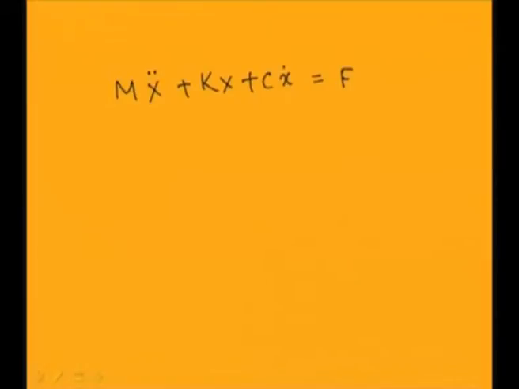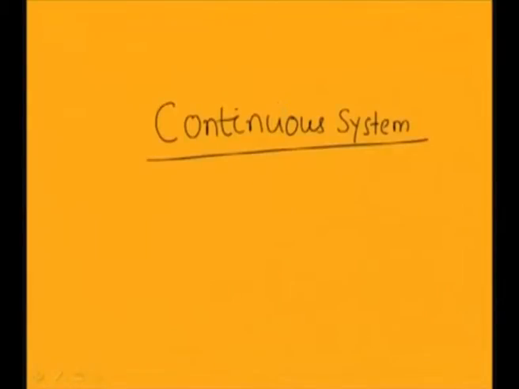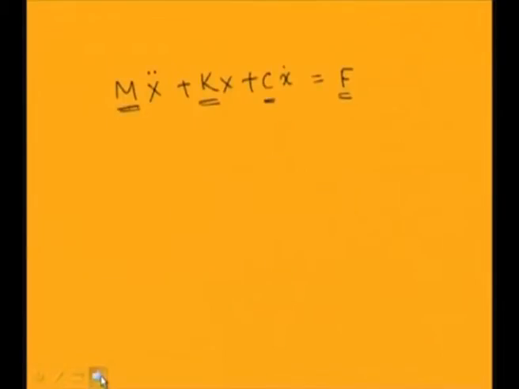And in case of a multi degree of freedom system, M will be replaced by an n cross n matrix, where n is the degrees of freedom of the system. The K matrix also will be an n cross n matrix, C is also an n cross n matrix, and you have F, which is an n cross 1 vector. So in this way you have already seen how to model a discrete mass system. You can have a mass matrix, stiffness matrix, damping matrix and a force vector, but you cannot always model all the systems as this discrete mass and damper system.